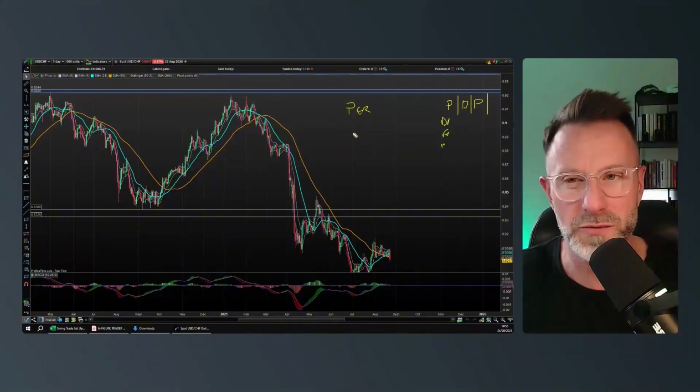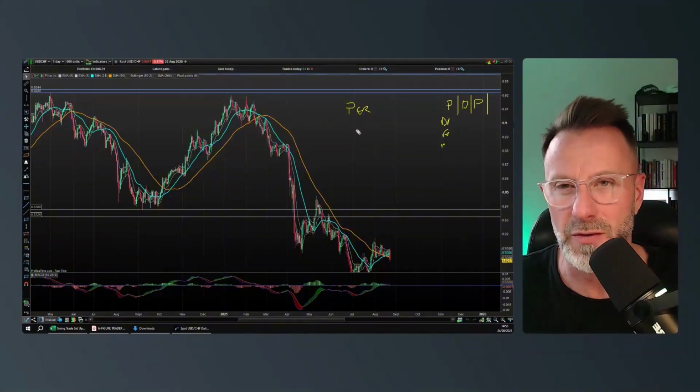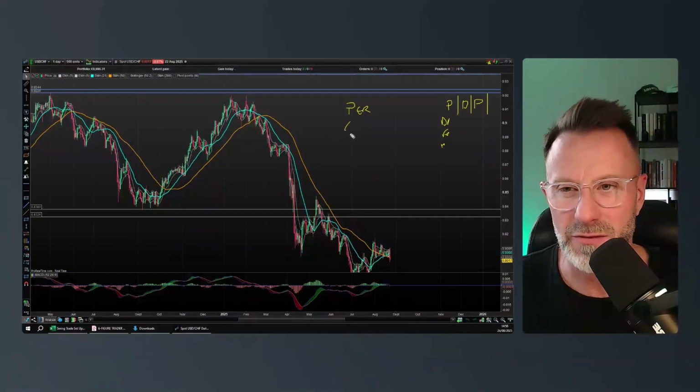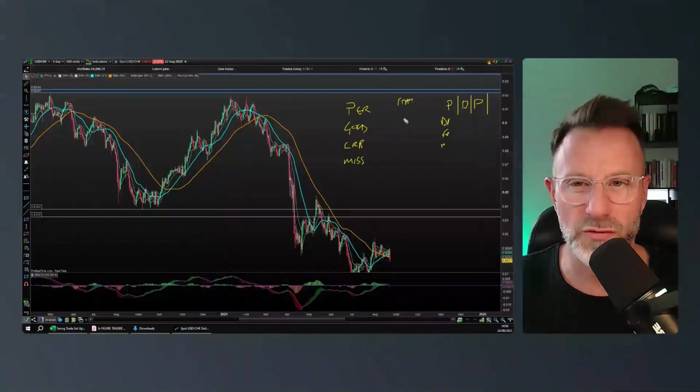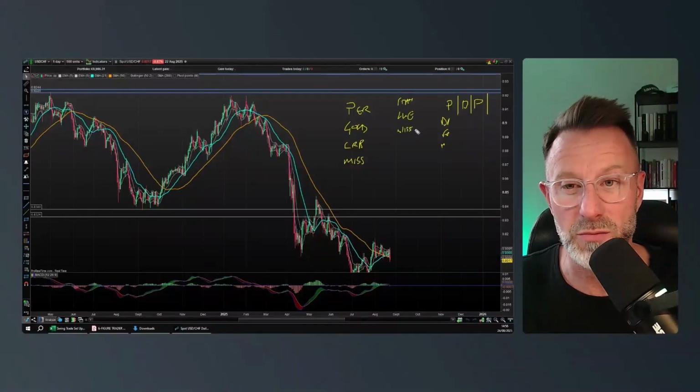But one of the performance characteristics that we get traders to do is simply categorize: is the trade good? Is the trade what we call a CRB? Or is the trade a mistake trade? Now, in terms of status, what we will say is, was the trade live or was the trade missed? Because there are going to be times where you miss trades.